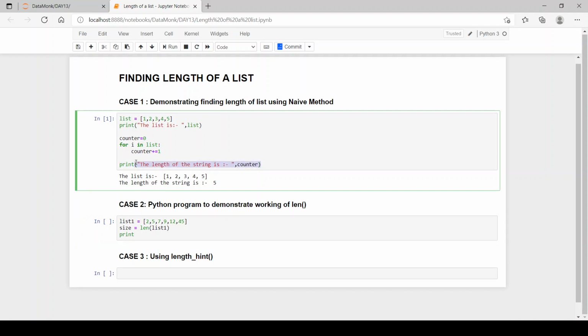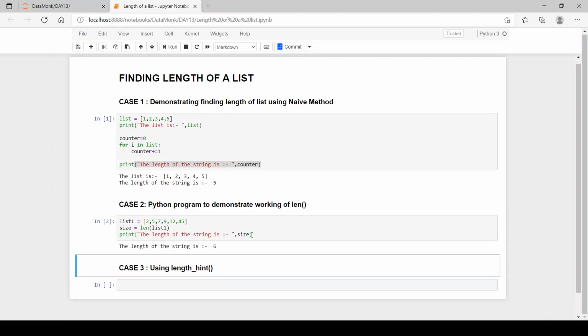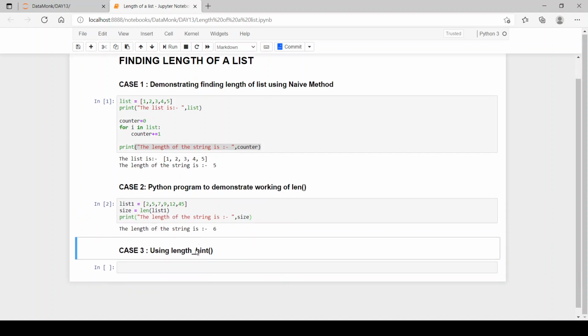We'll copy this, copy the length of string is not counter but size. So the length of the string is 6.